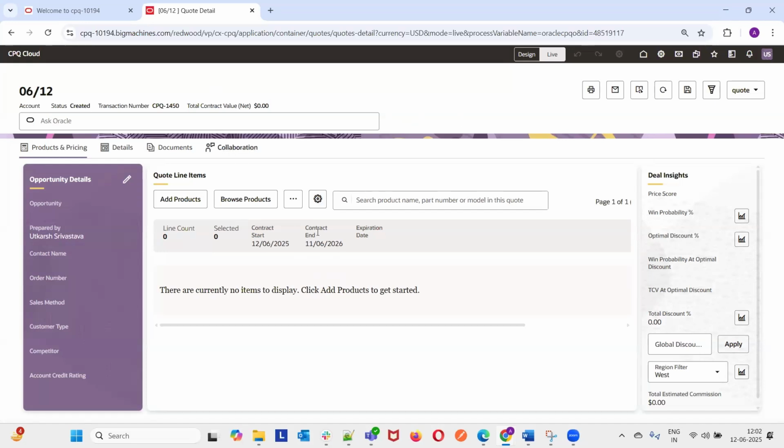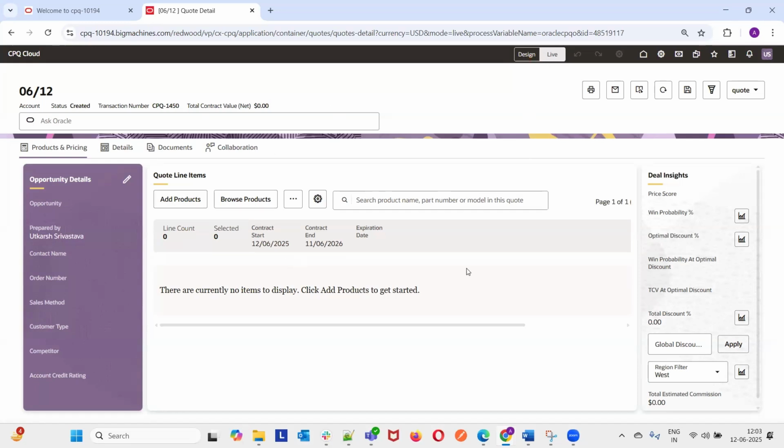So Redwood Code Designer is integrated to the code layout, which enables the administrative user to move from design to live mode or from live to design mode seamlessly, and modify the code layout as per the choice, and view the real-time changes from the code itself, rather than going to the code layout and modifying the changes and deploying the process. So administrator user can directly jump between live and design mode and can do the real-time changes from the code itself. So here at the top, we can see these two actions, design and live mode.